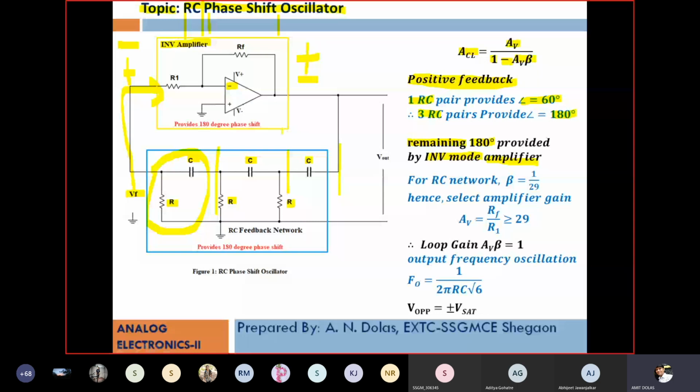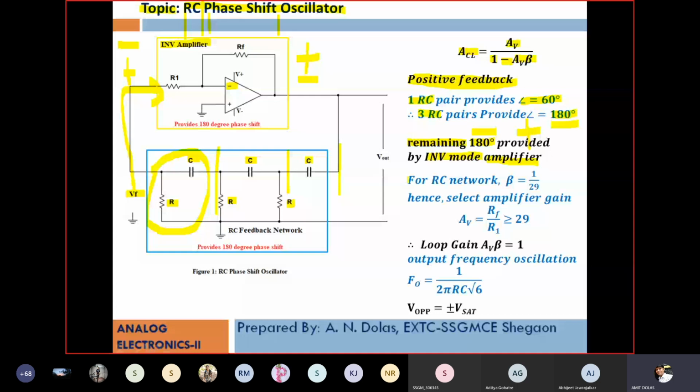So it is clear that one of the criteria of Barkhausen's is proved, that is, the phase shift network provides you 180 degree phase shift, then the amplifier provides you 180 degree phase shift. If we add these together, of course the total phase shift will be 360, which follows one of the rules of Barkhausen's. Then coming to the